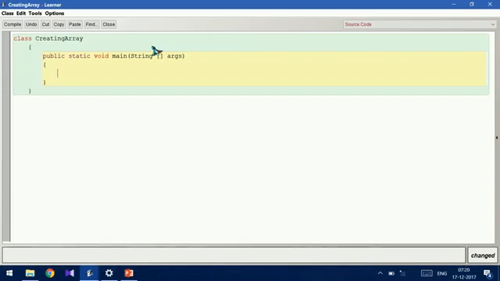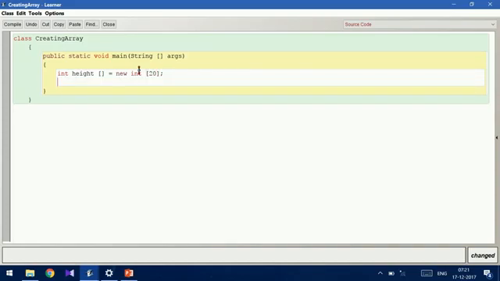So now let me declare an array of integer type. Int, let me have the name of the array as height. I am going to store the height of students. After height we are supposed to give the array symbol, open square bracket, close square bracket, and then the new keyword, and then again the data type, that is int, of the size we are going to say here as 20.